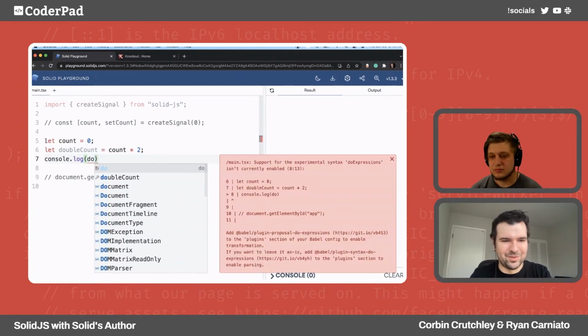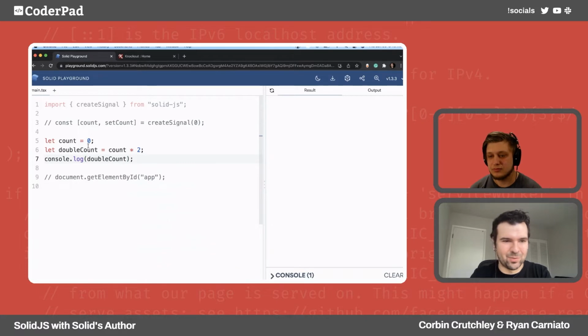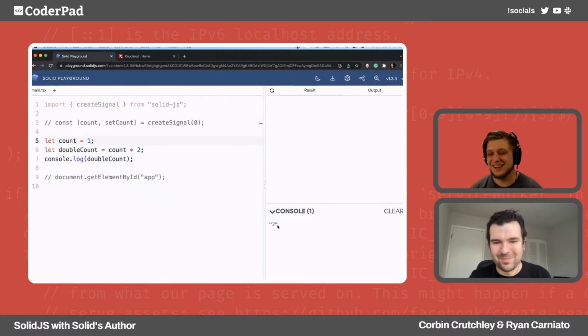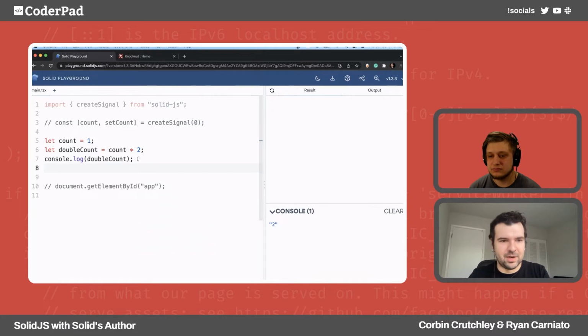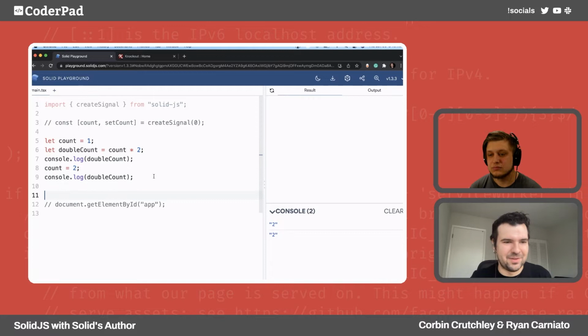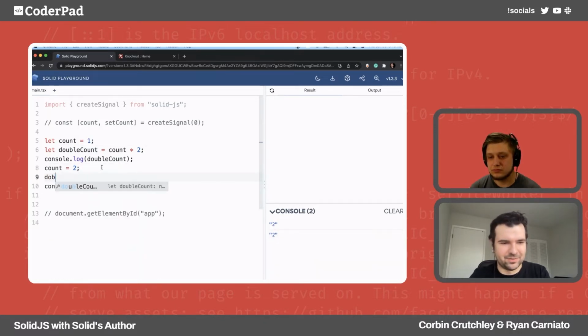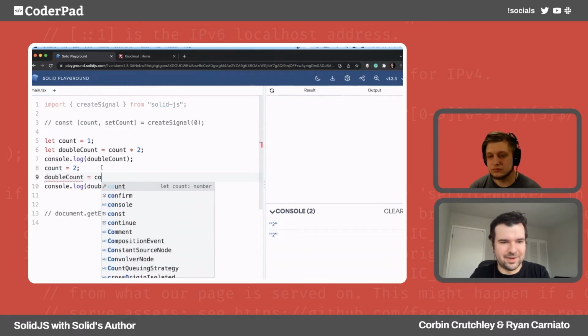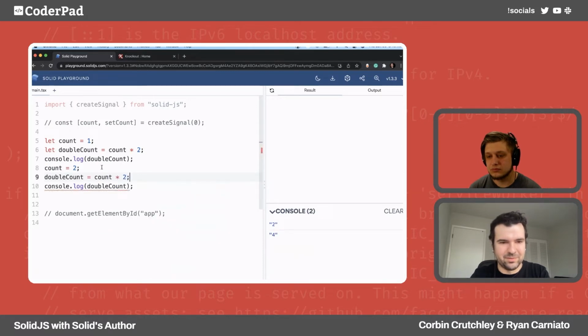Now, as we all know, this is going to be pretty uninteresting. Maybe I should make it 1 so we can at least see something here. But we console log 2, right? But what I'm getting at is, then later count now equals 2, and you console log doubleCount, and unsurprisingly, it's still 2. So you're like, okay, I need to write the code again. So now doubleCount equals count times 2 again. And that's not a big deal, but that's kind of a pain.